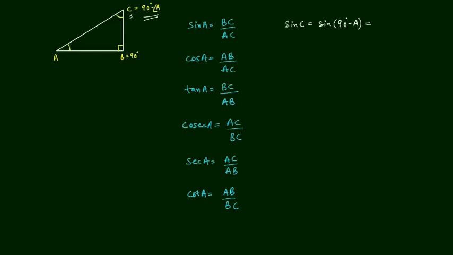Okay, so the same thing we will write down, the values of all six trigonometric ratios. Cos C: for cos C the base is BC, because the perpendicular is AB for the angle C, so cos C is equal to BC upon AC. Same thing we will write for tan C, then cosec C, then sec C, and cot C. We are following the same procedure for all the values, just watch here.